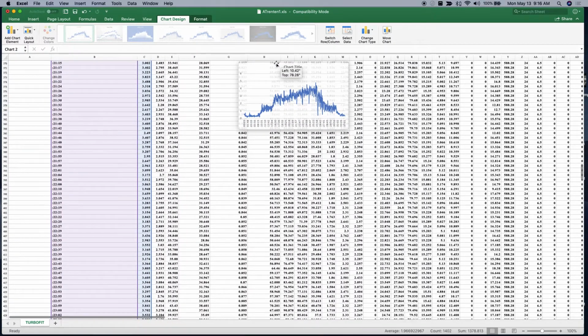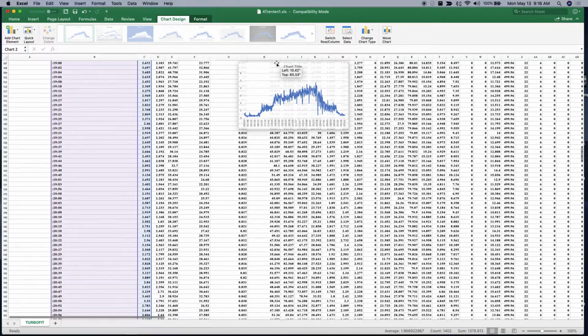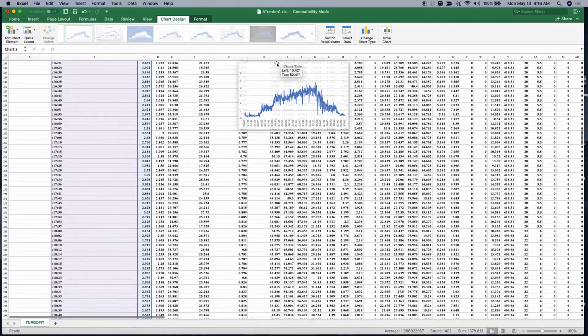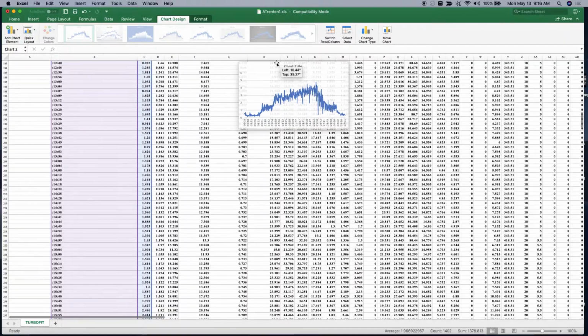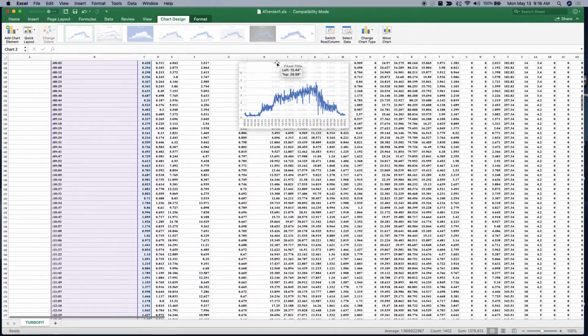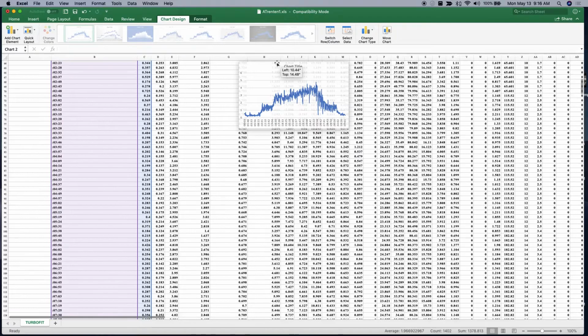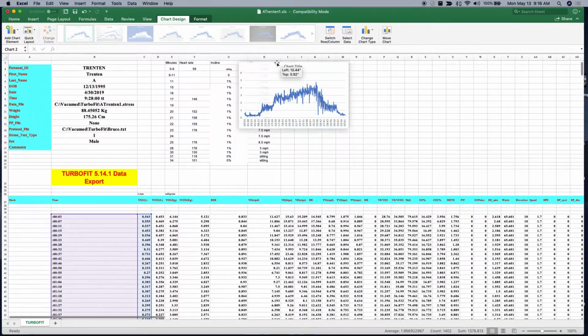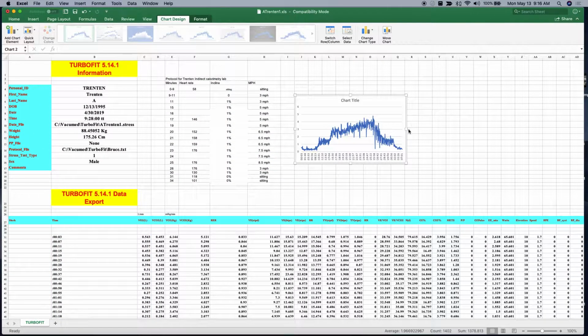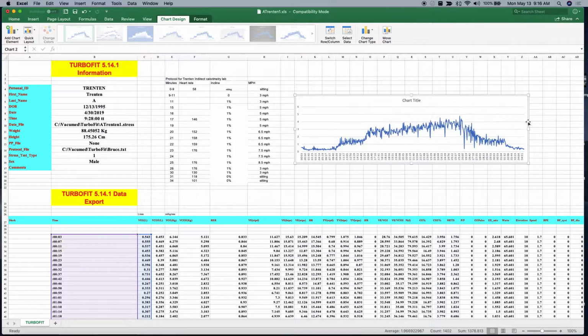make sure people appreciate this is the VO2 in total liters per minute collected over the entire course of the test. So the test took about 35 minutes, and we see 35 minutes down here on the x-axis. And then what we can see are these trends. So his VO2 is of course the lowest when he's sitting,